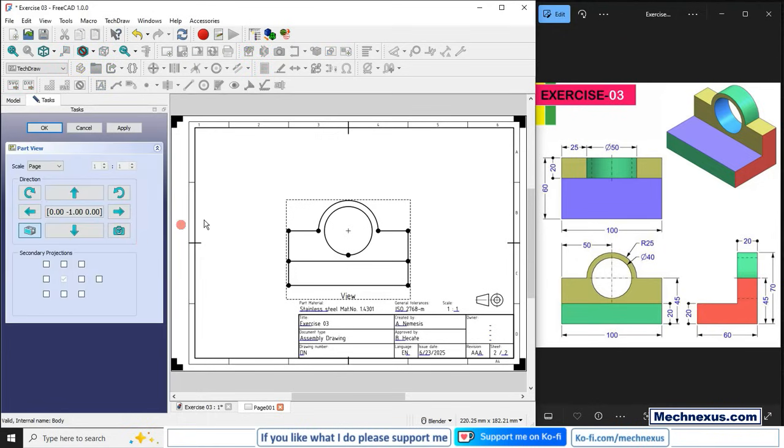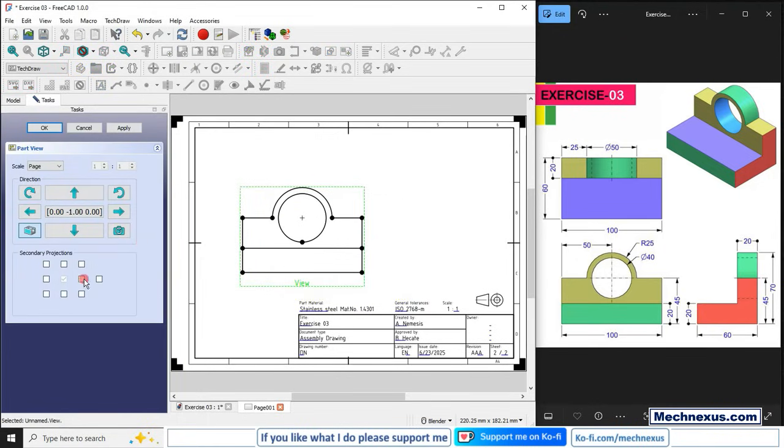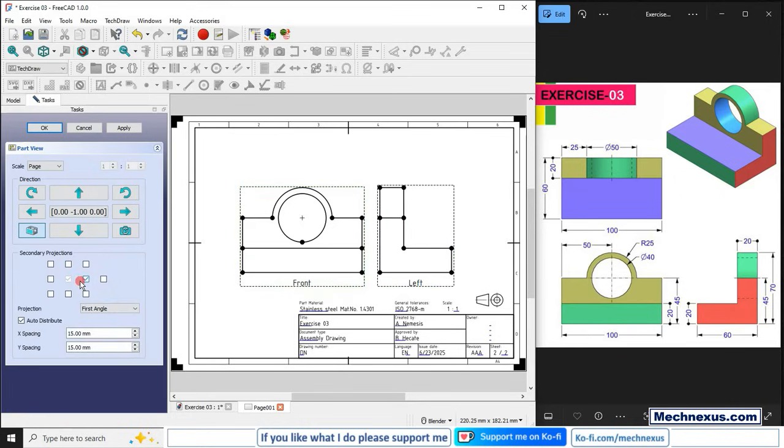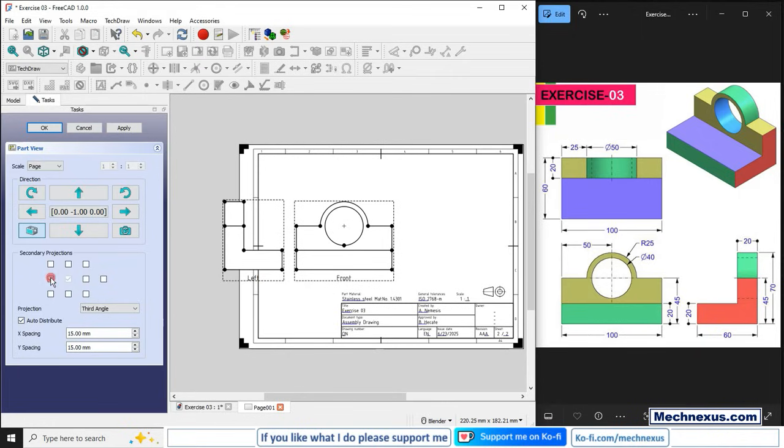So now you can see that our first view is placed, and now we will place this view. So click on the side one. So here you can see that it is a first angle of projection. So I will switch to the third angle and uncheck this one and check this one. Also check the